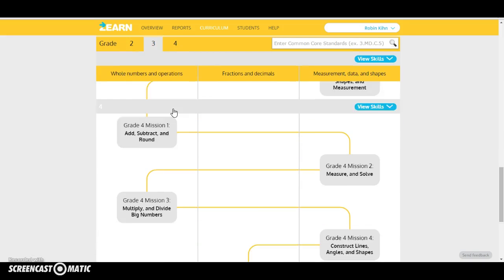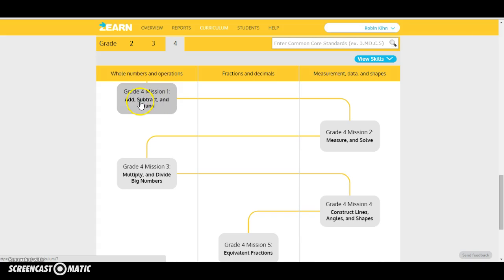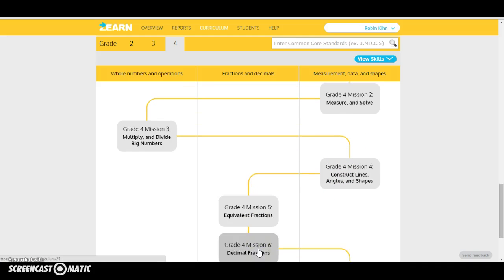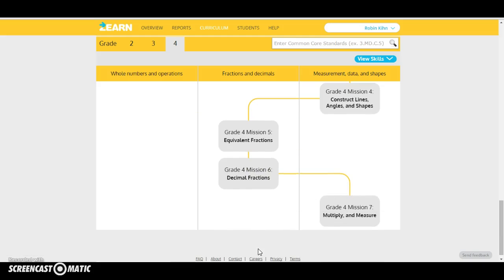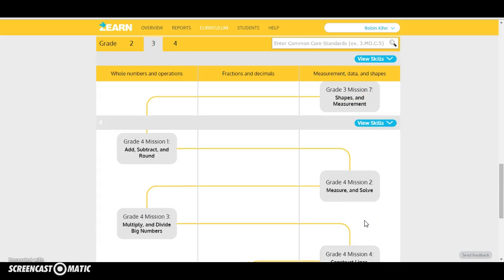So I'm going to go ahead and click on grade 4. It slides me down to grade 4. Here we see grade 4, mission 1 is add, subtract, and round. Then it goes over to mission 2, which is measure and solve, multiply, divide big numbers, construct lines, angles, and shapes, equivalent fractions, decimal fractions, and then all the way to mission 7, which is multiply and measure. Okay,